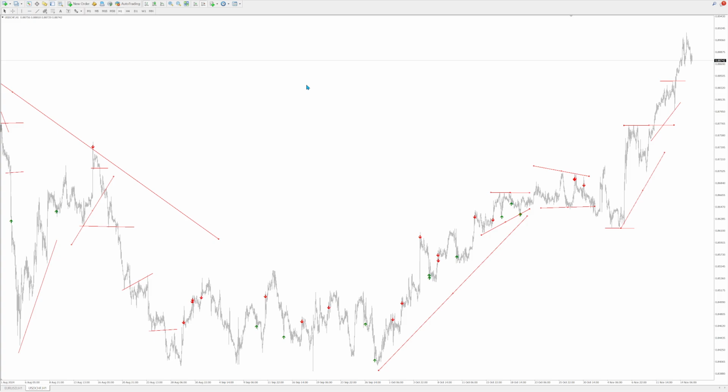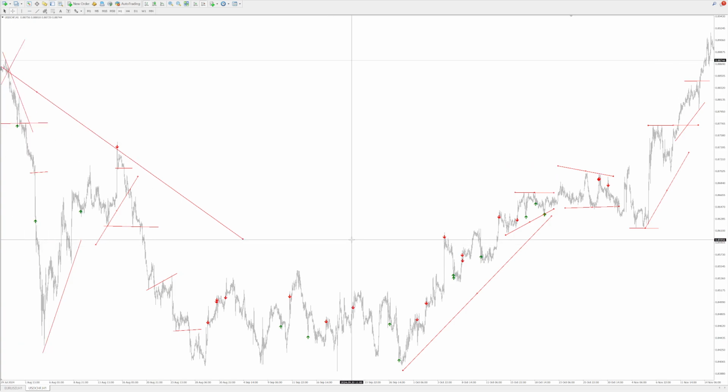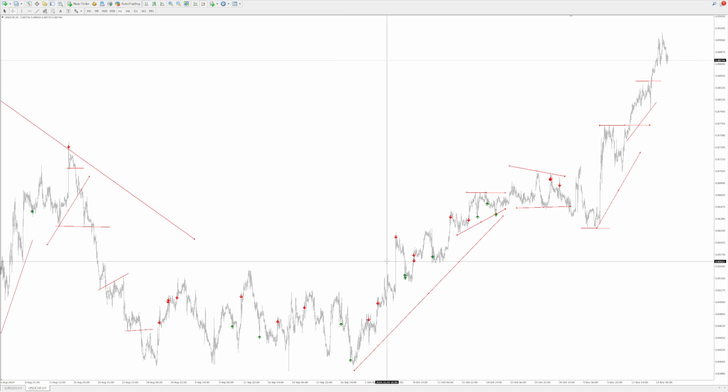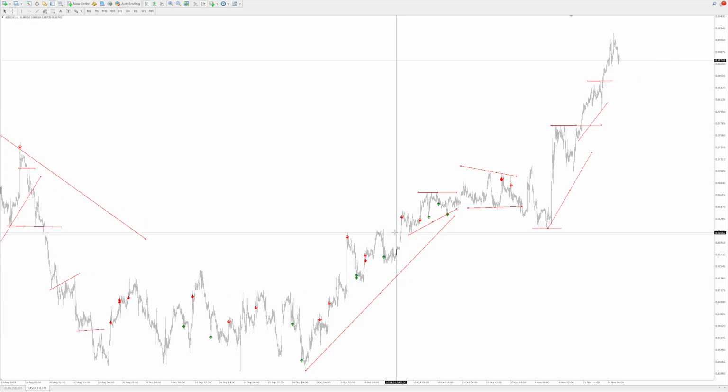If you've got say a 20 pip stop loss on average, stop loss again is flexible. It depends on where the high or where the low is. It could be 15 pips away, it could be 30 pips away. Maybe if it's too far away, we don't take the trade. Okay, but the take profits for me never going to be fixed. I'm not going to say, oh, I always take 50 pips or always take 100 pips. No, because it depends what the market